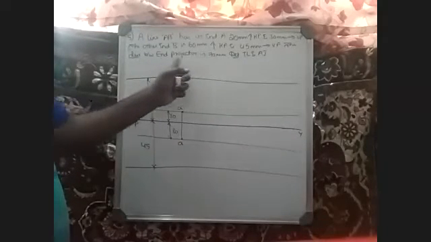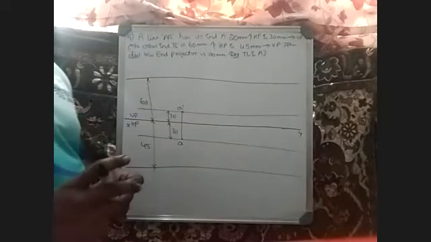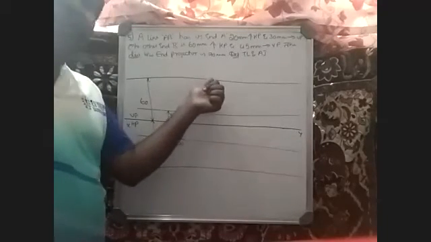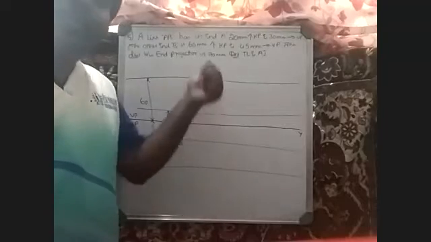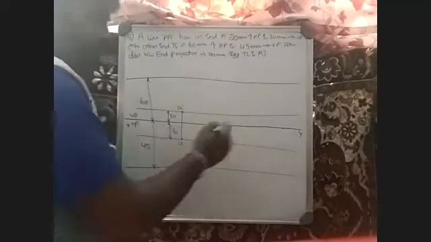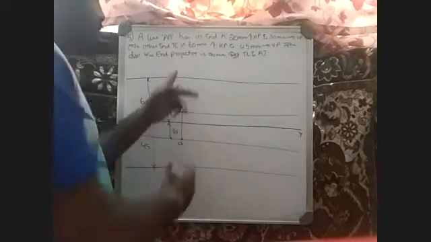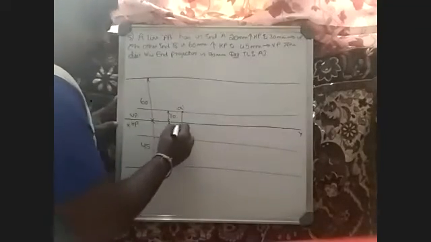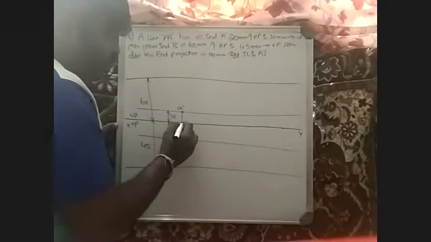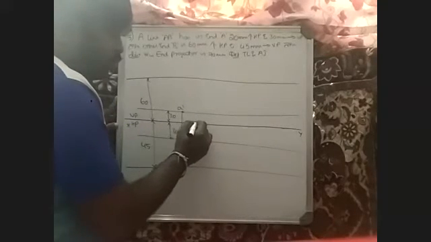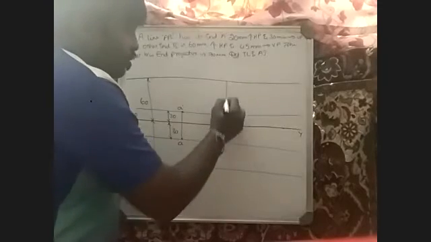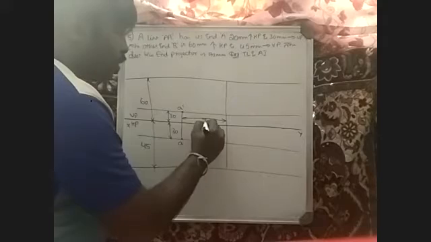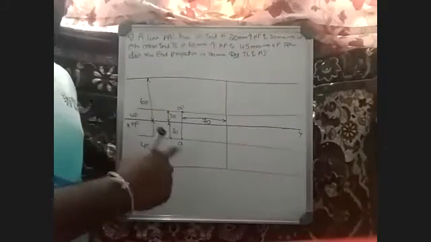Then it says the distance between end projectors is 70 mm. What is the distance between end projectors? What did I say? The end projector distance is nothing but the distance between a straight line and your apparent length end point on the top and bottom. When we draw a vertical line, that line is called the distance between end projectors. Now, what is the distance trying to tell? The distance is 70 mm. So what we will do is, from this line, count 7 boxes and draw one vertical line. So from here, 1, 2, 3, 4, 5, 6, 7. So this is the distance between end projectors. This dimension is 70, the distance between end projectors.